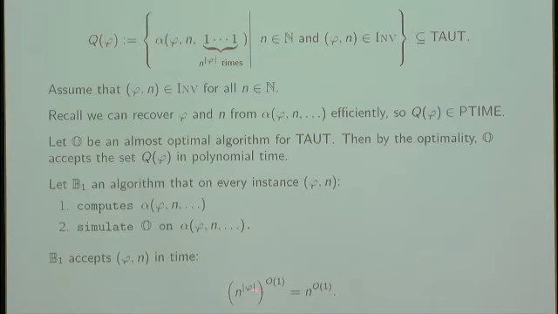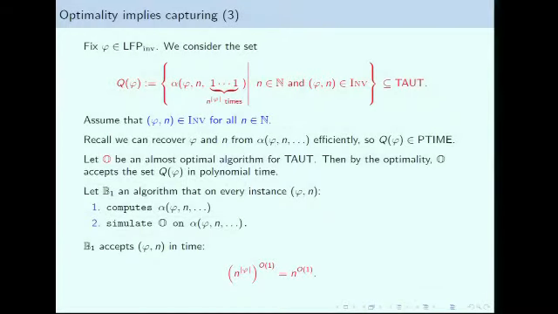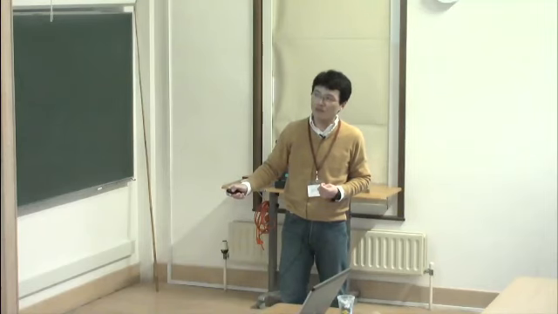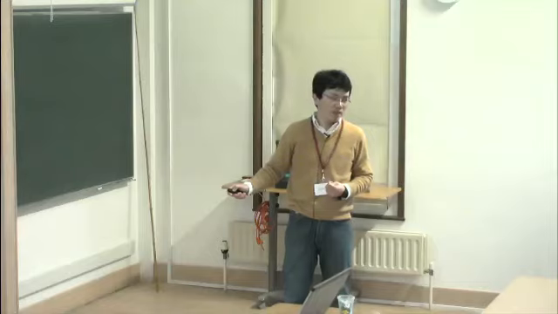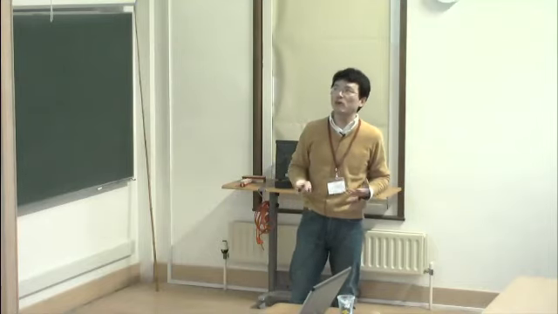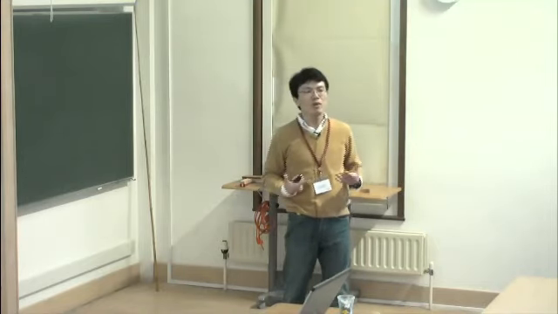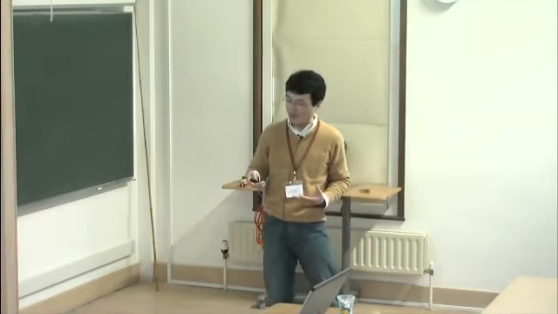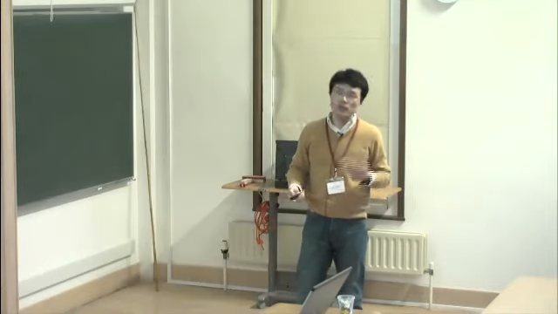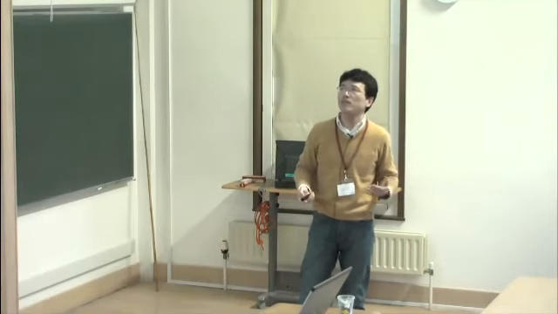Here n to the power of phi comes from the fact that I have to pad some additional ones. But remember, I said that O has to accept this set in polynomial time. This comes to the polynomial factor here. So all in all, because phi is fixed, it's a polynomial in n. So in case phi is order invariant, I have an algorithm that runs in polynomial time on this phi n. Okay? So this is one direction, one side of this phi.